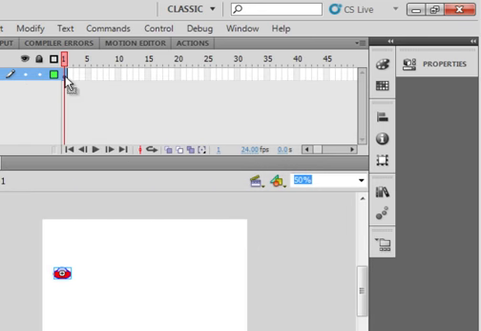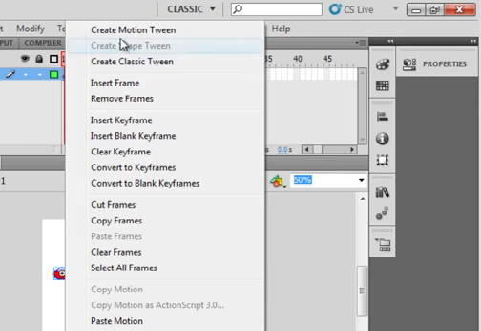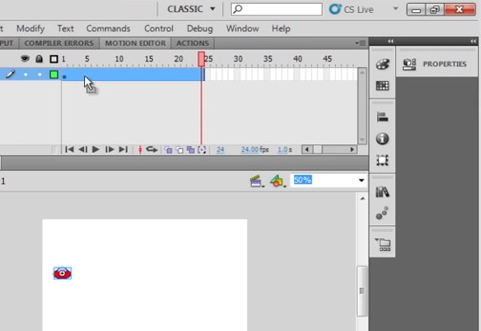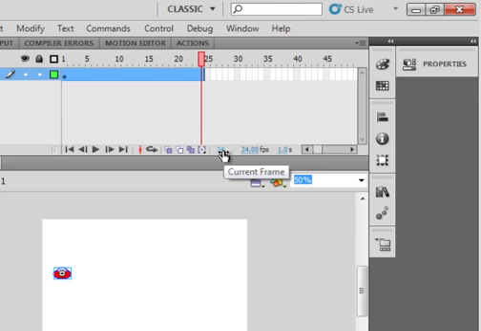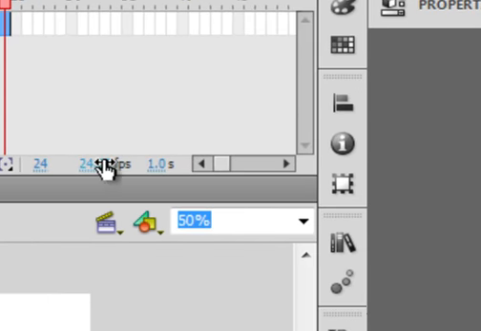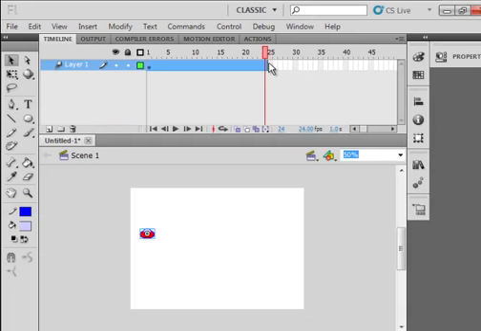Now come up to frame 1, right click, motion tween, and you get this blue line that's equal to 1 minute on the timeline because it's a full 24 frames, and that's what I'm at, 24 frames per second. So let's make it a little bit longer. Let's put it out to there. And all we need to do now is click on this,